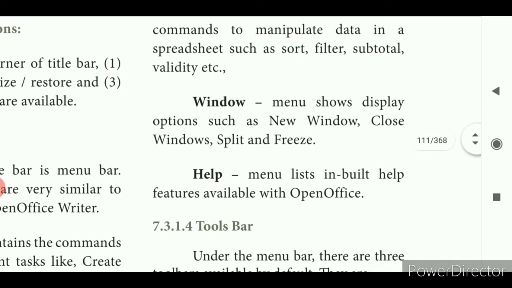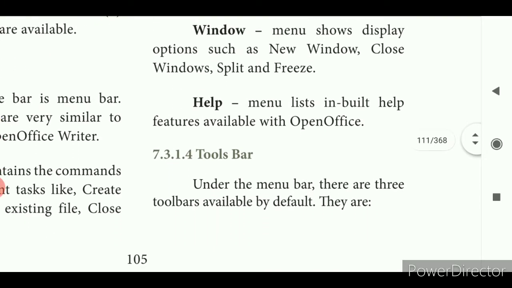Then the Help menu lists the built-in help features available with OpenOffice. If you have any problem, you go to the Help menu, find out and resolve your problem. Then under the menu bar you have toolbars. Under the menu bar there are 3 toolbars available by default, which means we already have 3 toolbars.